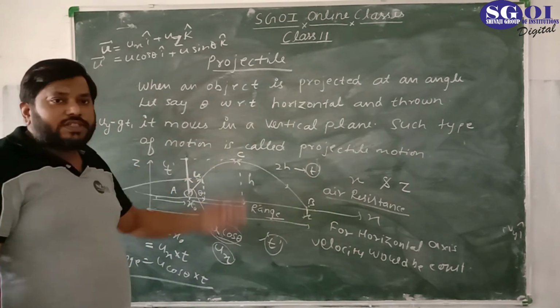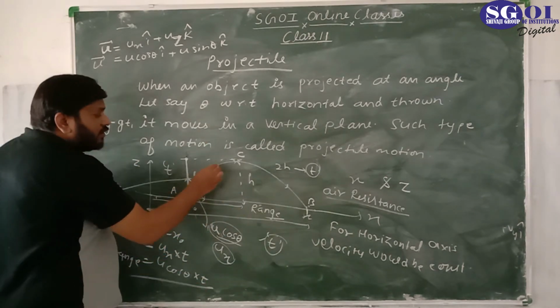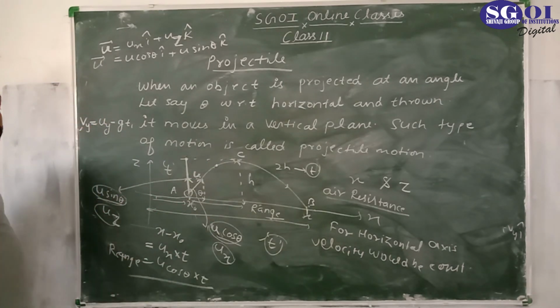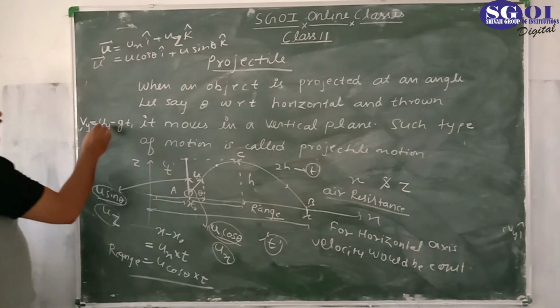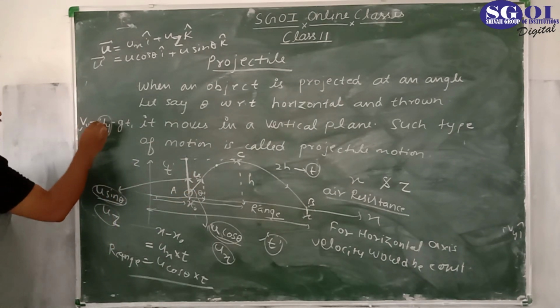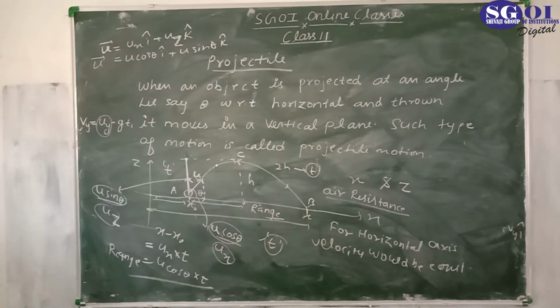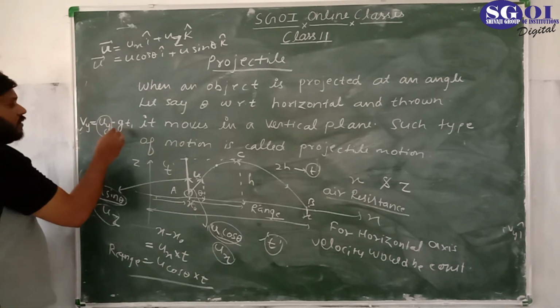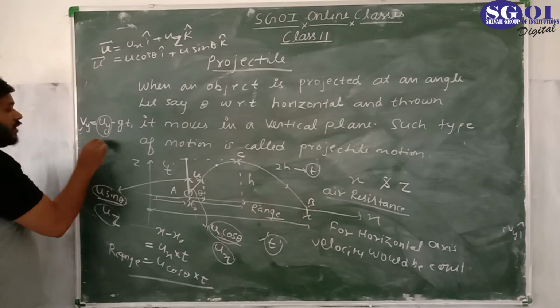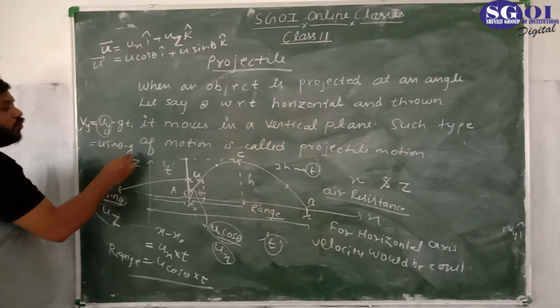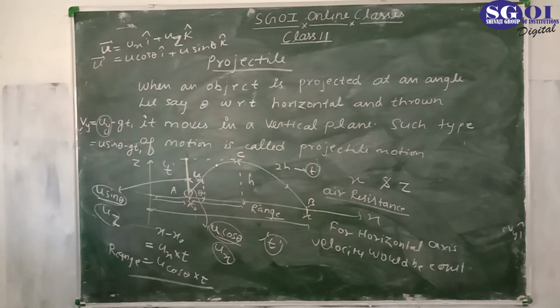So for the upward direction, if we want to find the velocity at this point, which velocity? The velocity component Vy. If we have Uy and the time is given, then we could use this equation: Vy equal to Uy minus Gt, where Uy is u sin theta, minus g, acceleration due to gravity, t1, if time is given.